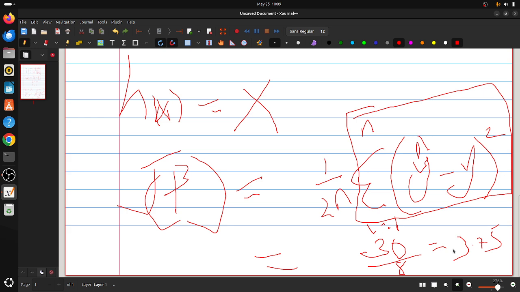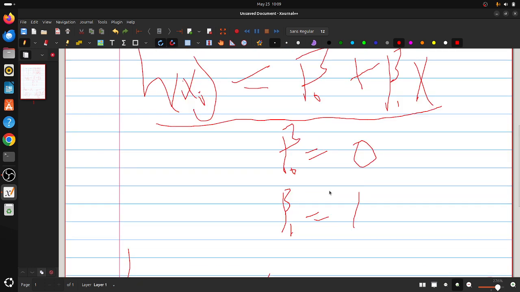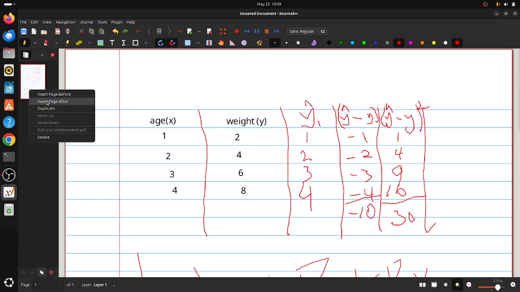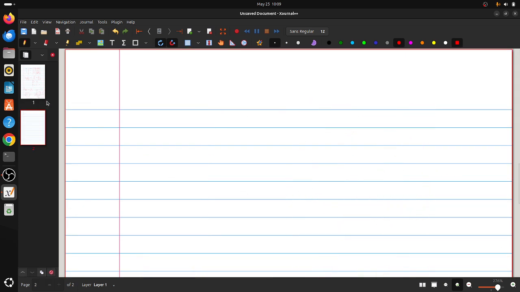3.75. So that is the cost function we have, right? Now we need to minimize that cost function by finding the new values of beta. And from our last discussion, we saw that finding a new value of beta, let me say beta i, is equal to the previous value of beta, which is beta i minus 1,